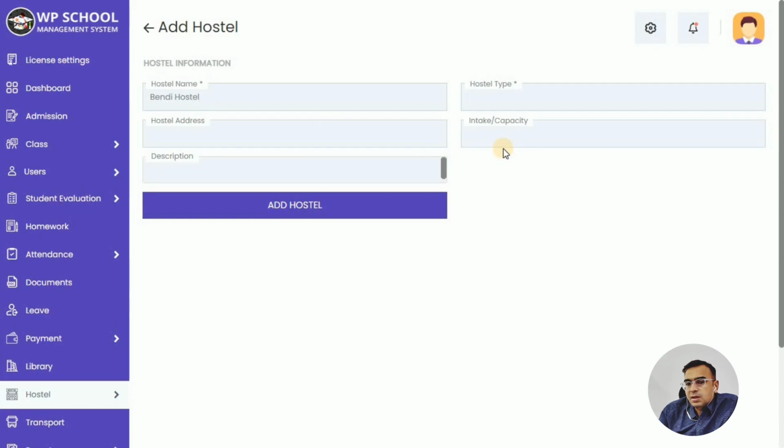The hostel type might differ. You might have girls or boys, or married people that live in the hostel. You might have different buildings, depending on the region, country or language. So you have different ways to define the types and make it more organized. Let's add some details over here. We are adding a girls hostel, we are also adding a description, and once you click on the add hostel button,